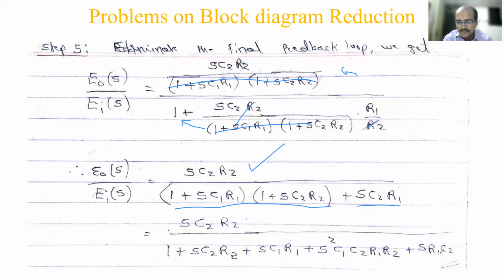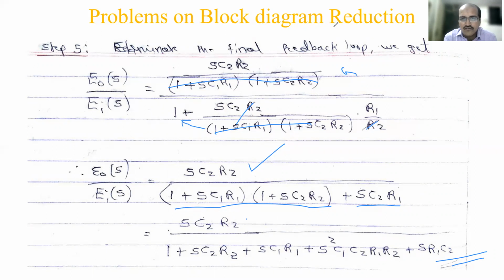So all group terms are independent, so it is the final answer. Okay, so this is how a given electrical network is converted into a block diagram, and it's reduced, and we find out the transfer function model. So this is the same answer as last time, right? In the Laplace transform, you converted and calculated the values, right? Same way you are getting. Okay, so this is the transfer function model.